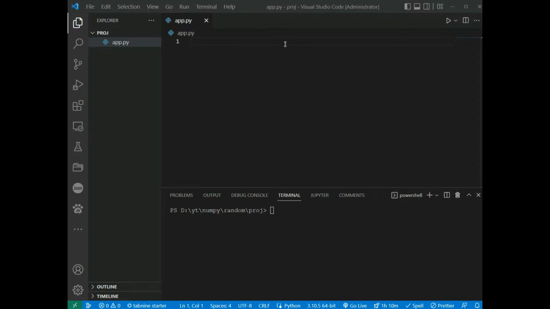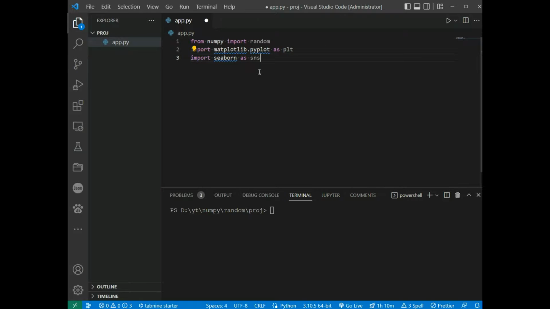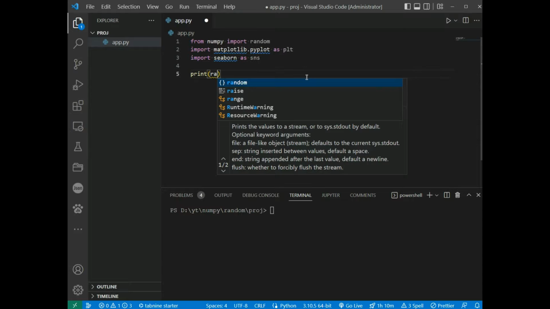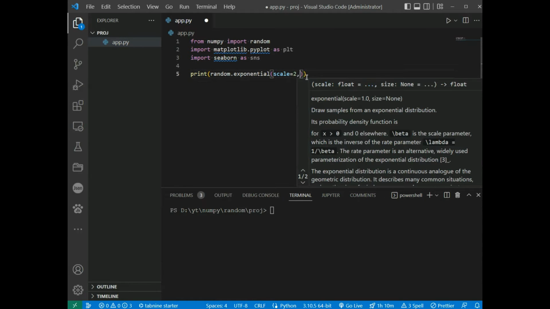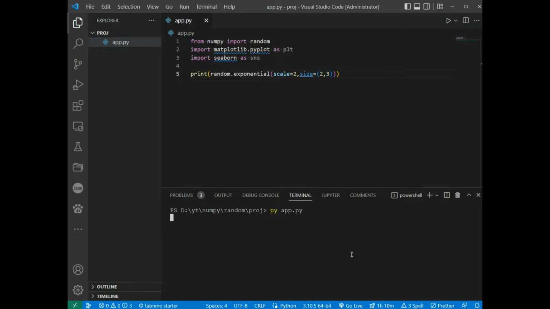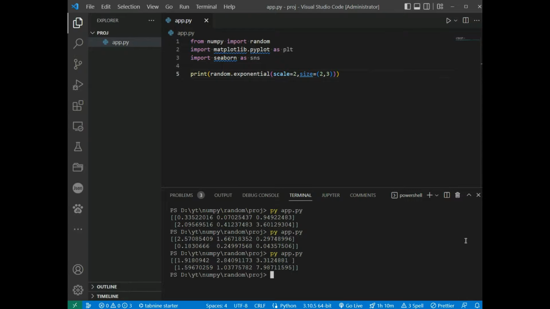So import random and import matplotlib and seaborn. So print random dot exponential, the scale is 2, size is 2 and 3. Run, and we have these results. And visualization. So comment